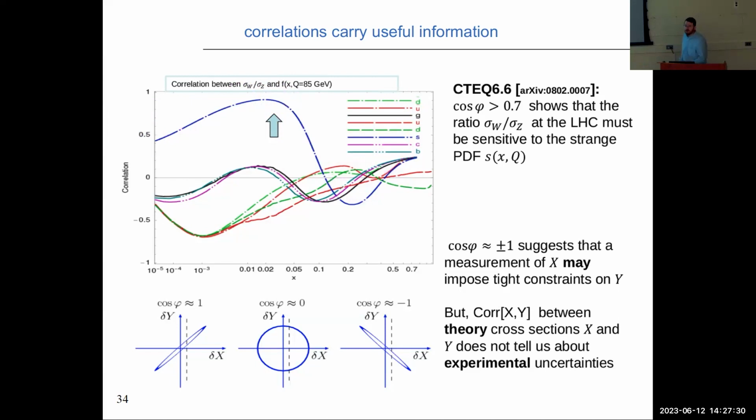The reason why is because W production is a charged current process, right? So depending on what I do for the strange, I have a flavor changing interaction where I might emit a W from a strange quark. So strange goes to charm, for instance. Depending on how large my strange might be at low x, particularly at kinematics that are sensitive to W production, I can get some observable effect. And that's realized in these types of correlations.